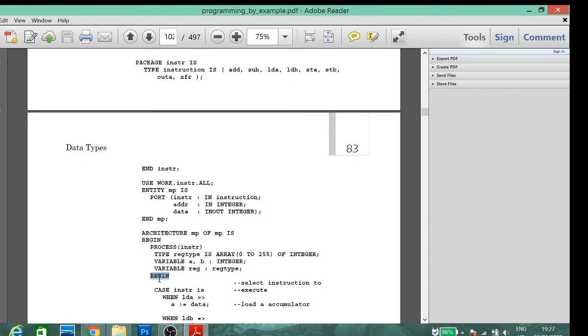Begin process. Begin case. What is the instruction? What is instruct? Instruct may be add, subtract, load A, load B, store A, store B, out A, XFR. When load A, that is LDA, instruct is LDA, A is a variable,